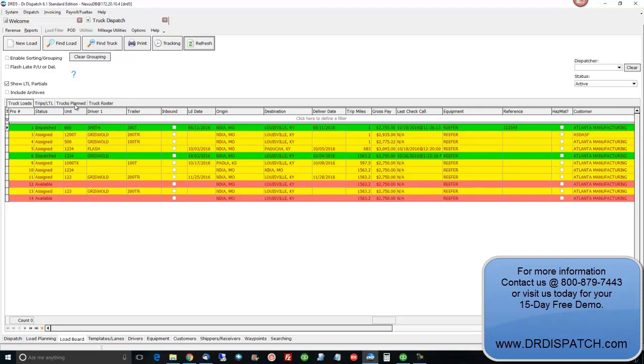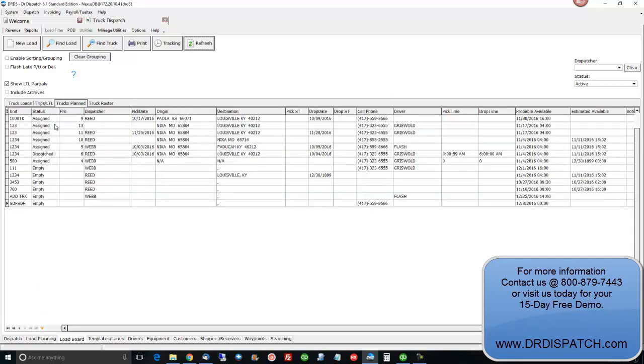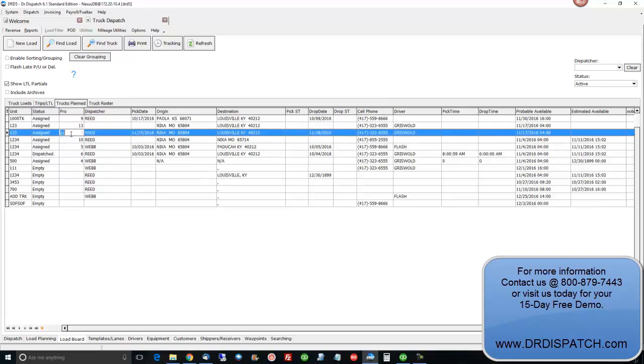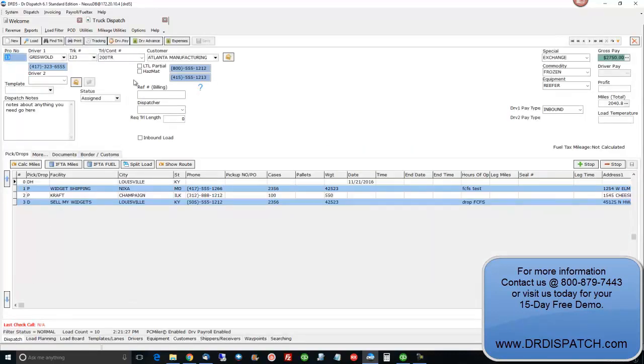And we've also got other options on this load board. 123 is the truck I'm using here, so it's going to show all the loads that he's assigned and dispatched to, so you can coordinate what you're doing. We're going to go back over here to the load now, and I'm going to go up to the tracking,